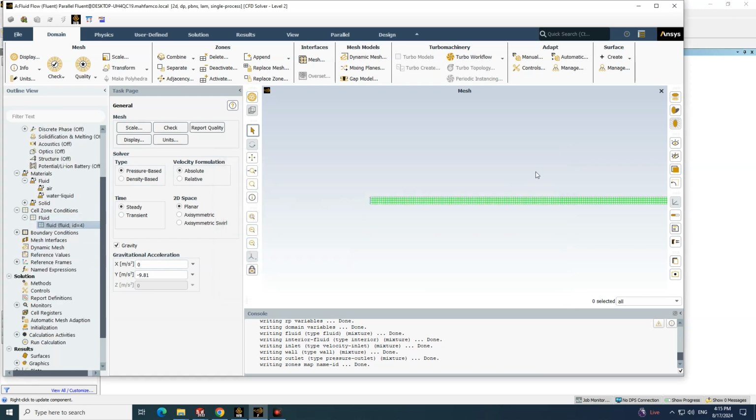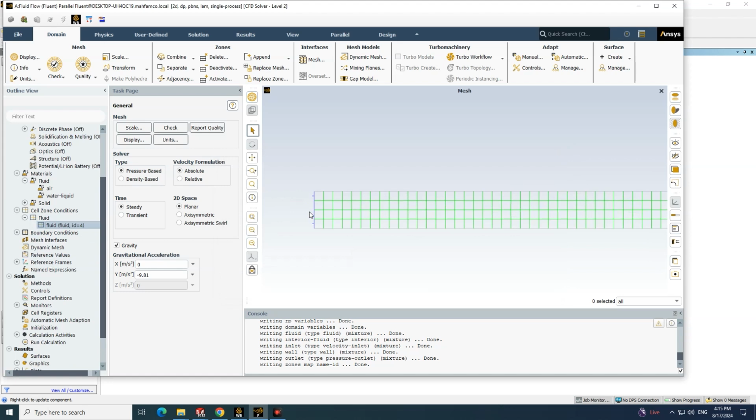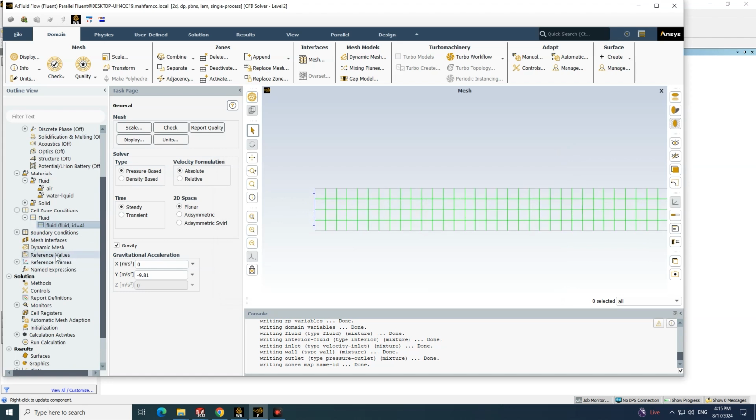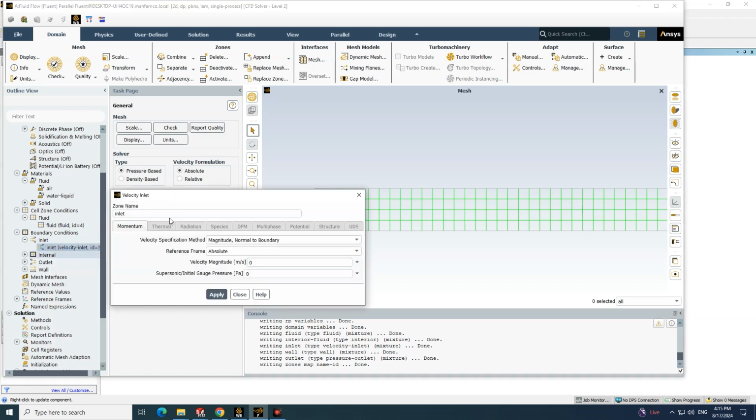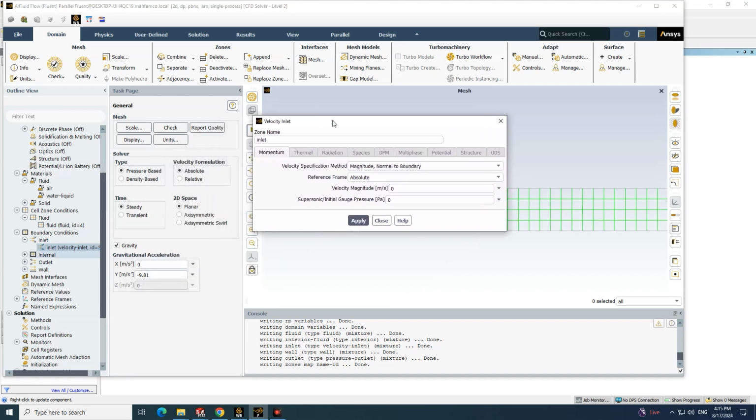Now it is time to tell the software about the boundary conditions. So I click on this one. As you can see, inlet, internal, outlet, and wall are all visible right here. I will click on inlet and right click on it. So I will choose edit. Right here this tab is visible. According to the conditions of our program, our velocity is